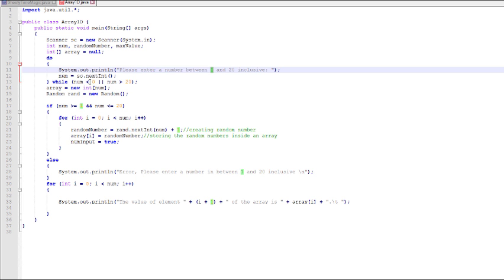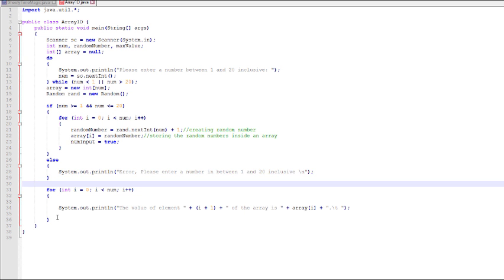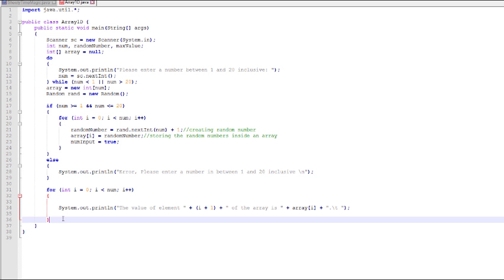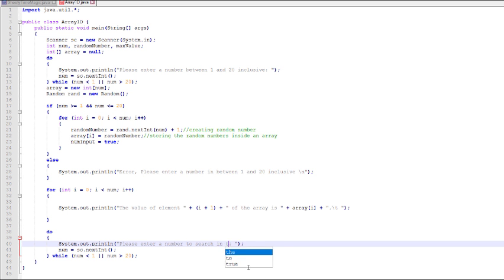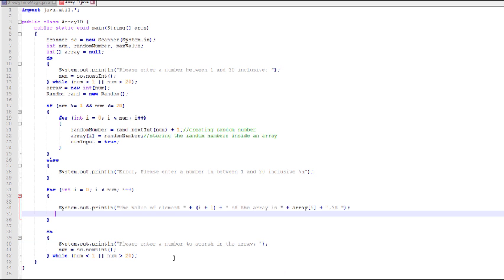Oh, so it's 1 and 20. So less than 1, okay? Less than 1. So this is how you fix it. Similarly, later you need to ask the user for a search number, so you need a do while loop, okay? You need a do while loop to ask for the number. So it will be something like this, okay? So please enter a number to search in the array. Okay? Something like this. So if the number is less than 1,